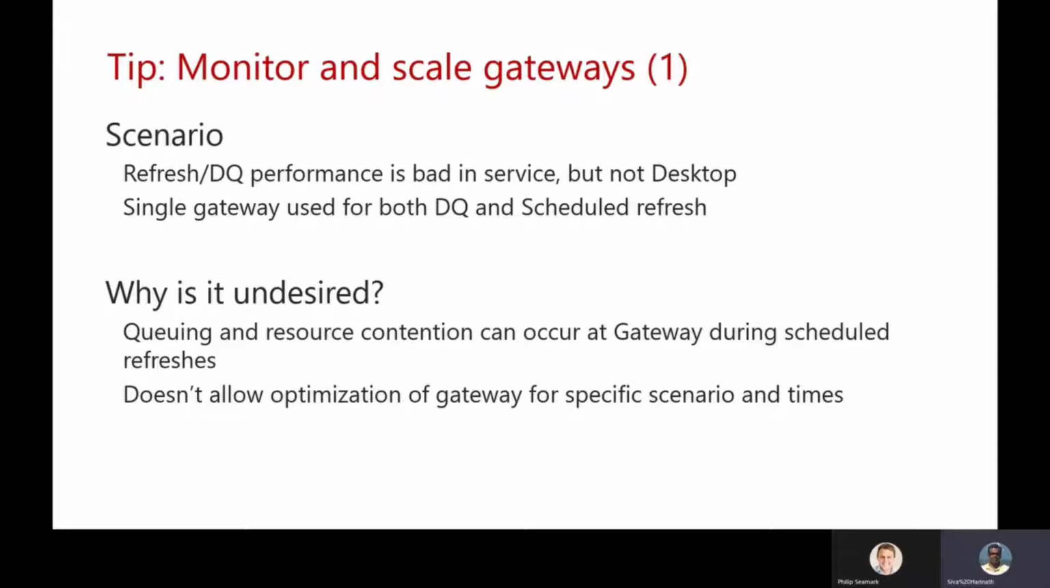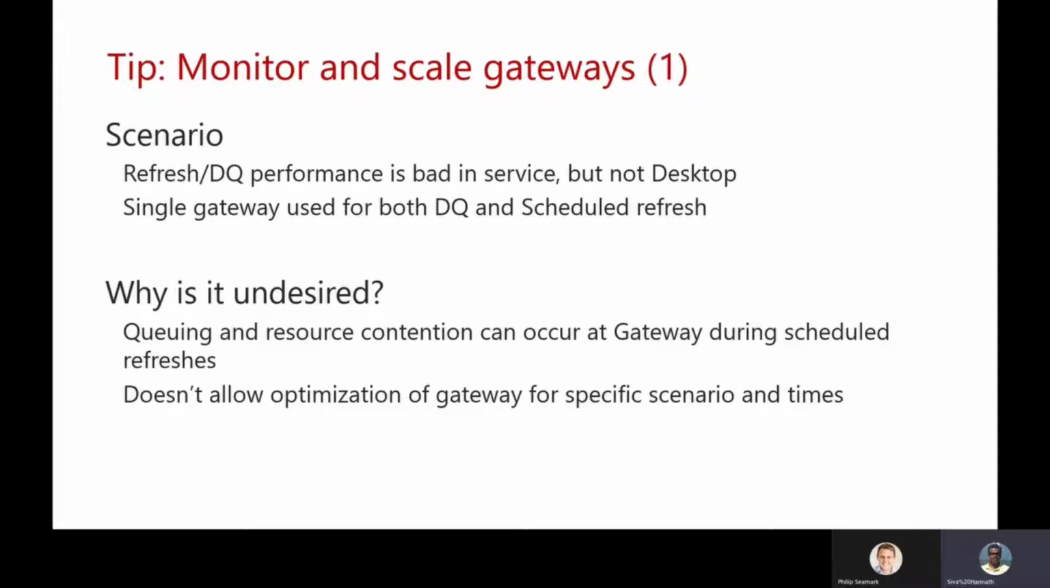Okay, so some of the core scenarios: refresh or DirectQuery performance is bad. This is something you have seen, but not in Desktop, right? In Desktop, you do the refresh or the DirectQuery and everything is simple. And then there's a single gateway used for both DirectQuery and scheduled refresh, right? This is the common scenario we have seen working with various customers. Now, why is it undesired, right? The way the gateway is structured, all of these incoming requests get queued up and they can occur concurrently during the scheduled refreshes. But if you're overloading the gateway system, then the gateway needs to push through all of these scheduled refreshes, and